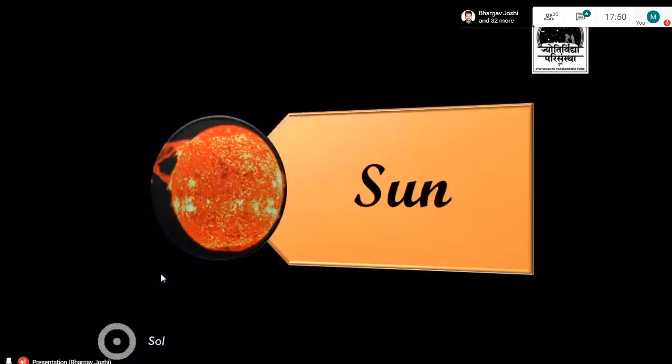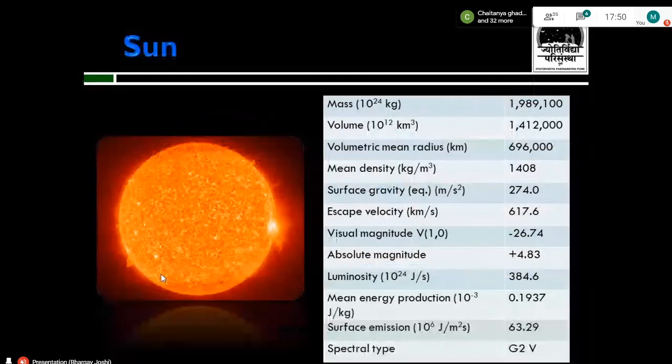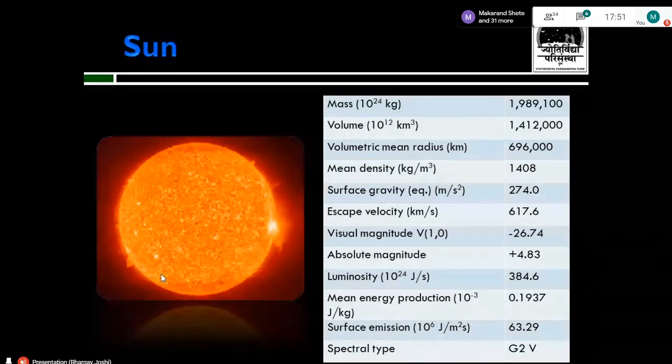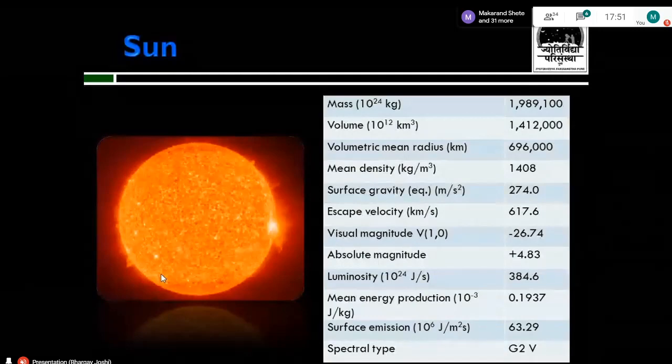So yeah, this is the sun. So our sun, if you can see the parameters, just take a look at the mass of the sun. So the figure on the right multiplied by 10 raised to 24 kgs. So the sun is a really massive object. Okay? The sun is so massive that it can almost fit 500 million Earths inside the sun by volume, of course. Okay, so mass is really important in terms of a solar system because mass determines the gravity and gravity determines the motions of the planets around the sun.